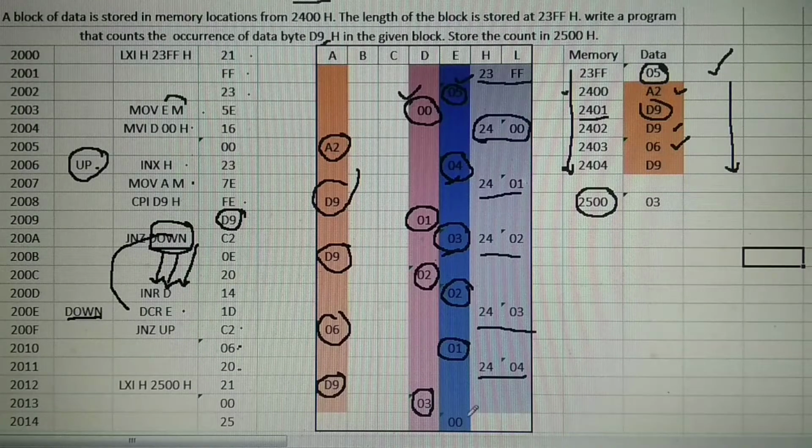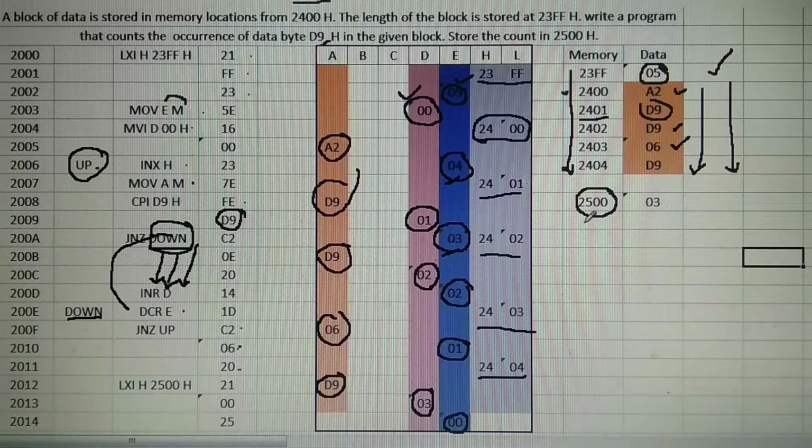Decrement E. It becomes 00. If not zero, then you have to jump, but now it becomes 00. That means all the memory contents are checked: 1, 2, 3, 4, 5 memory contents are checked. You got the answer. How many times D9 is there? That is in register D.